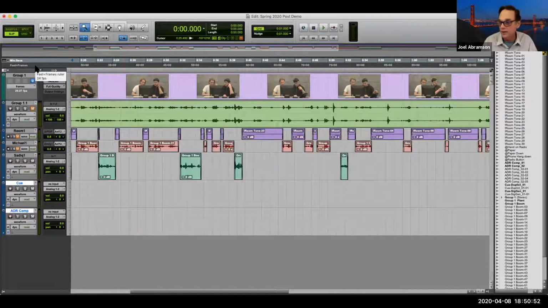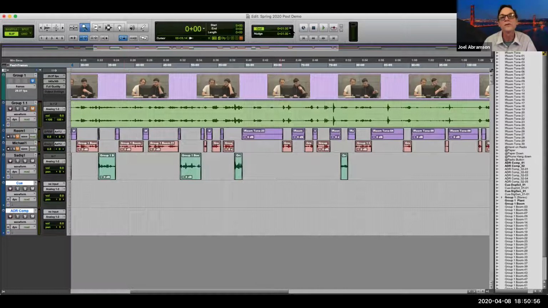We're going to make our cue beeps. Okay, so this is how we make our cue beeps. We're going to go to feet and frames, and we want to put this to one frame, right? And our nudge and grid to one frame. So there it is. And you're going to find that in the